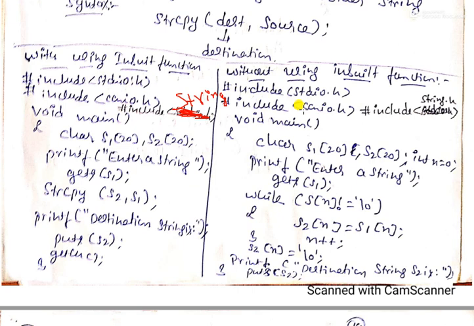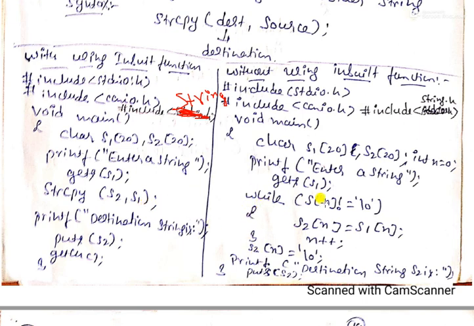So here first stdio.h, conio.h, and then the main function. Inside the main function we again need to declare two strings, s1 and s2. But here we are not using an inbuilt function. By using looping statements, we are going to copy one string's values to another string, s1 to s2. That's why first we take an input for s1: enter string, gets of s1, same thing. Now, instead of the function string copy, we are using a while loop. By using this while loop, you can copy.